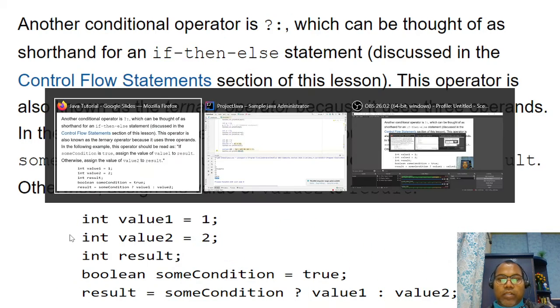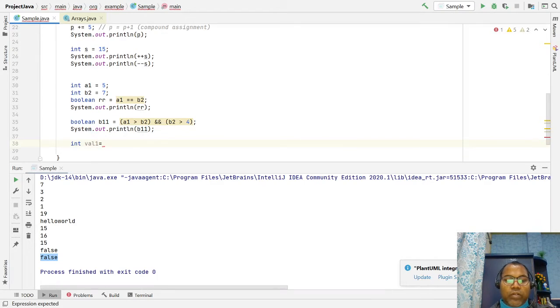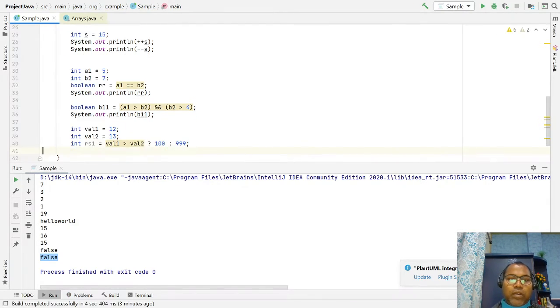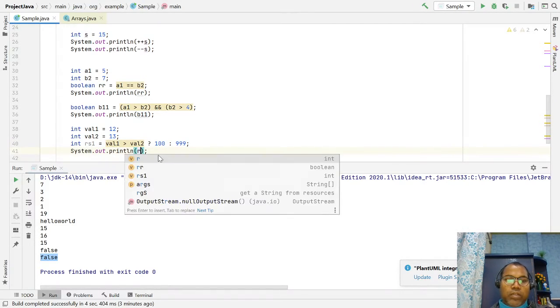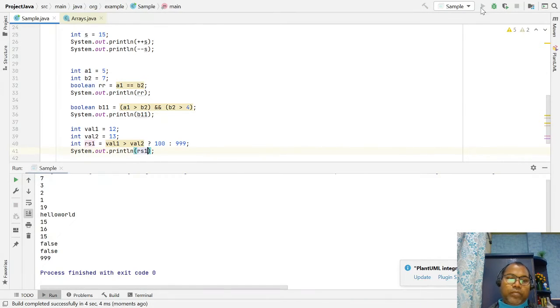Okay, so let's write an example. int val1 equal to 12 and int val2 equal to 13. And int result1 equal to: if val1 greater than val2, then we return 100, else we return maybe 999.